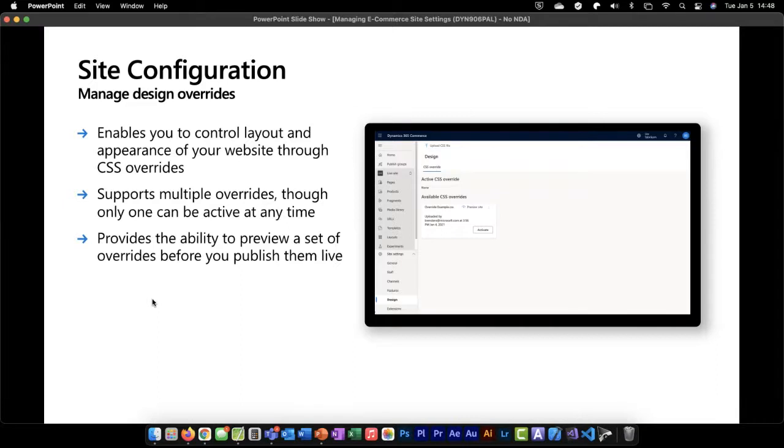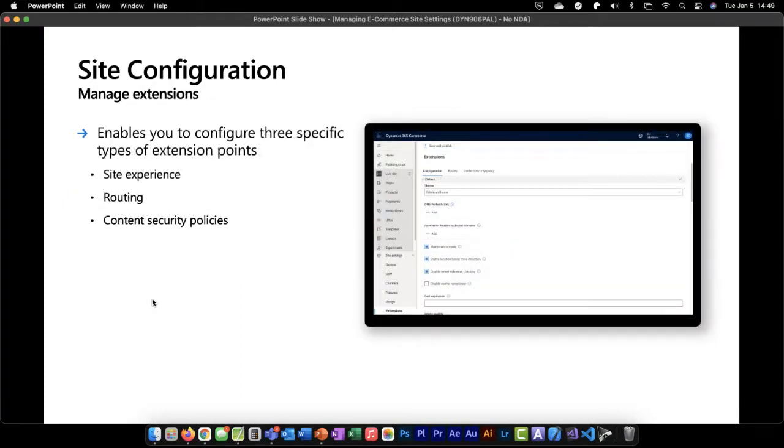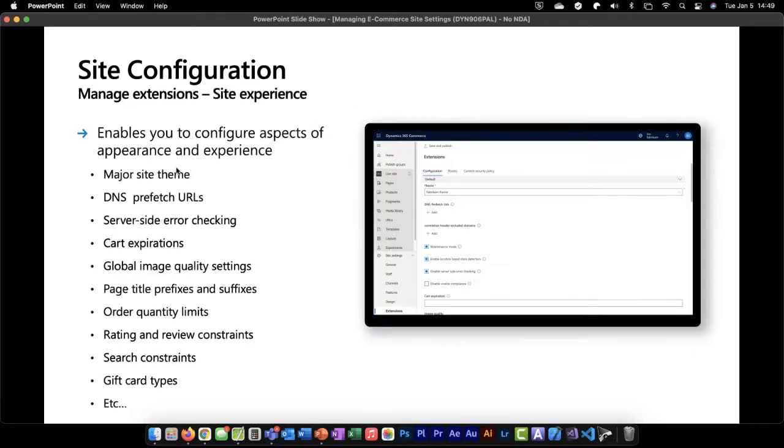We can actually come in here and look at extensions. This is the last area we want to look at, but there are 3 different areas within the extensions that we can review today. Extensions are really points where you can drive additional extensibility within your website. And again, can be different by website, so that you can configure them separately to meet the needs of your customers. And you can set some site experience capabilities, some routing capabilities, and some content security policies. So let's look at our